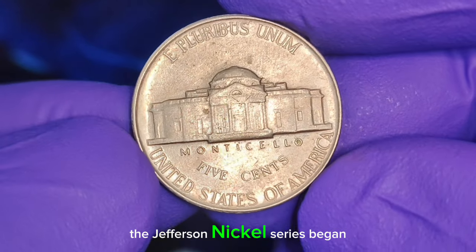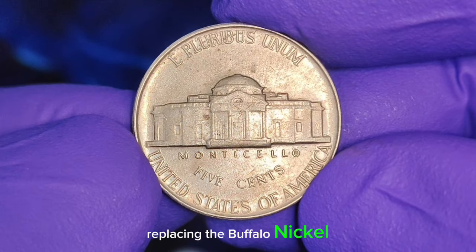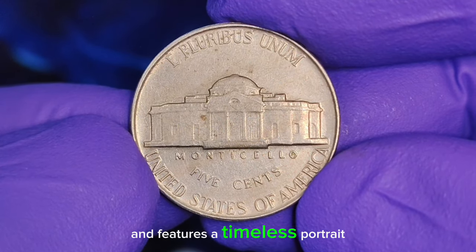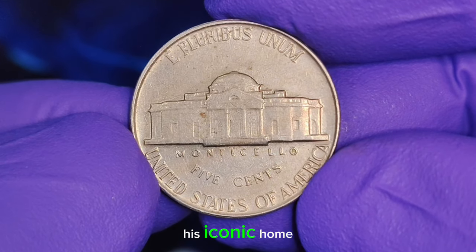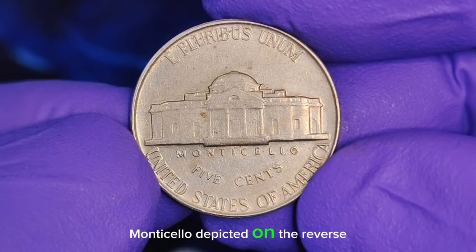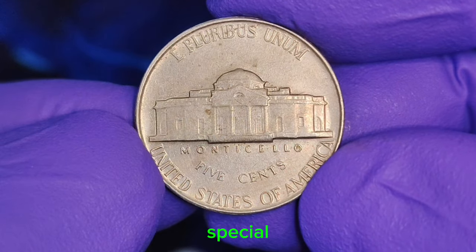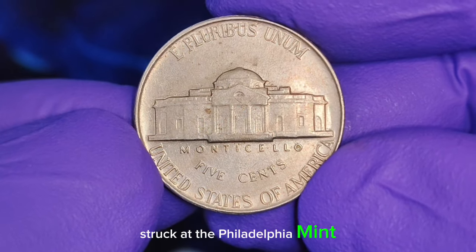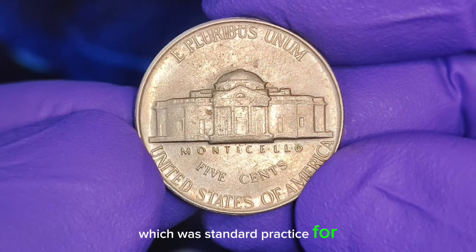The Jefferson Nickel series began in 1938, replacing the Buffalo nickel, and features a timeless portrait of Thomas Jefferson on the obverse side, with his iconic home, Monticello, depicted on the reverse. The 1958 issue is particularly special. Struck at the Philadelphia Mint, these coins do not bear a mint mark, which was standard practice for Philadelphia coins